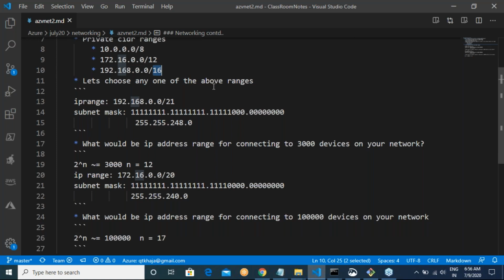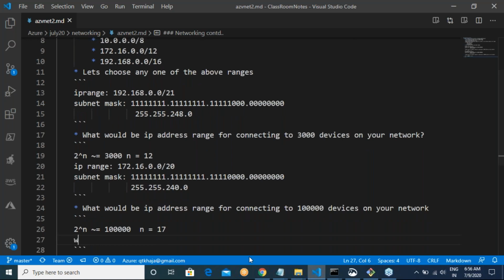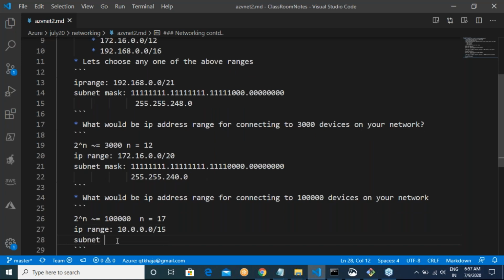192.168 has to be anything 16 or greater than 16. But here, okay, our IP address range, if I have to stick to IP address, I cannot give 192.168.0.0/15. This is not possible because the range starts from 16. Okay, I cannot do that. So I have to choose between these two things, right? So I'll take 10 over here. Now I'll tell 10.0.0.0/15.